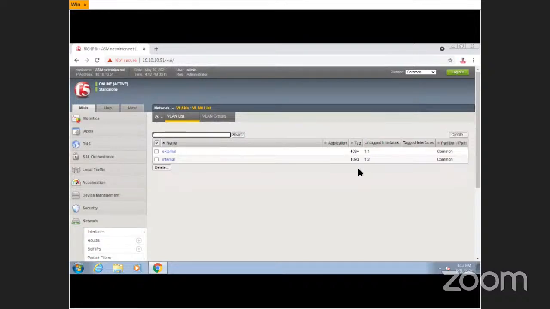Okay, all of them are untagged interfaces, and one is using 1.1 and one is using 1.2. As I was telling you in the diagram, one is external, one is internal, and one is your management. So management, I am using this IP to access my ASM box. Then using the external